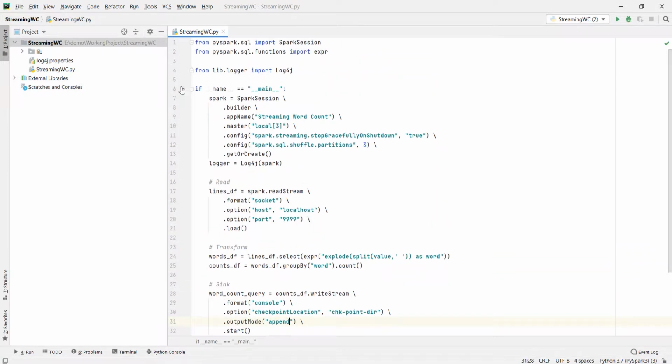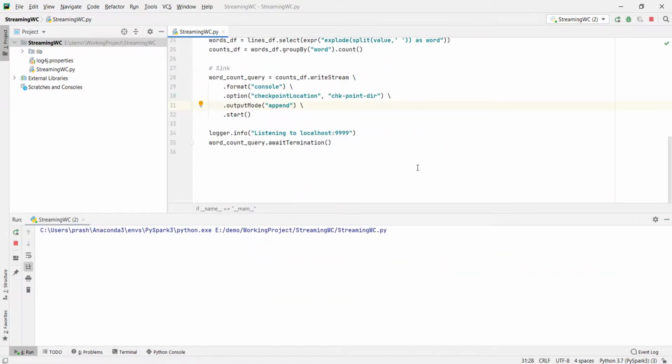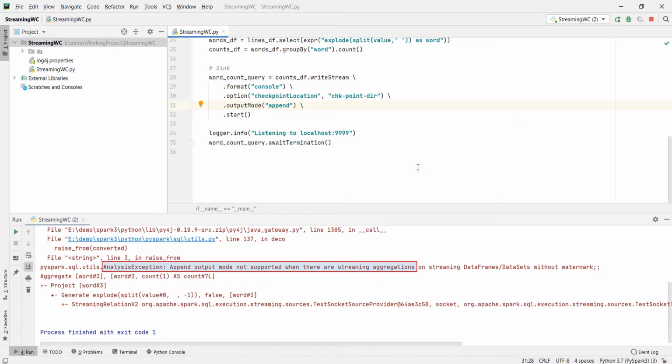Let me run it. What do you see? Analysis exception. Append output mode not supported when there are streaming aggregations. Why? Because aggregations such as count or sum might get updated in the future batches. Spark detects it and throws an error.